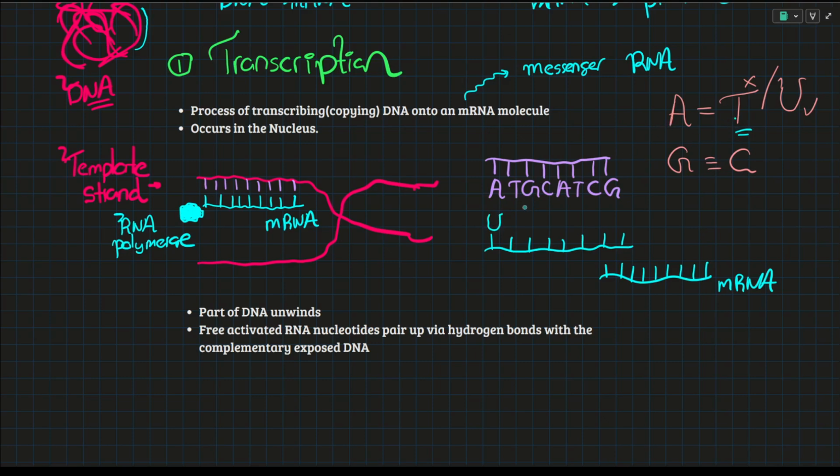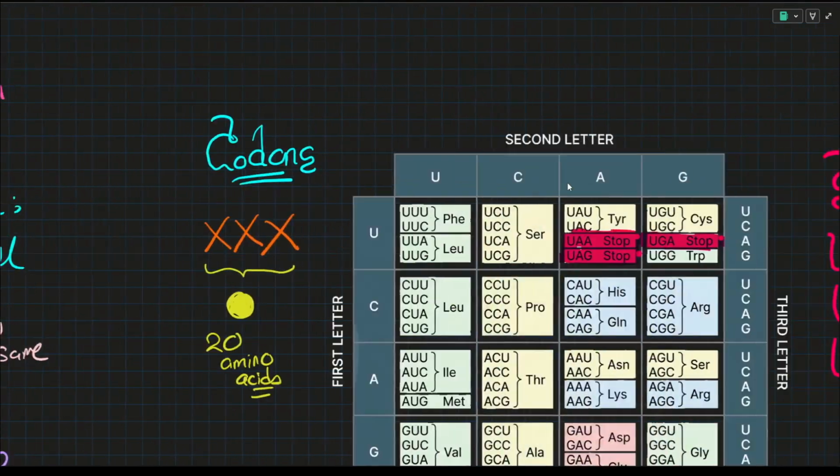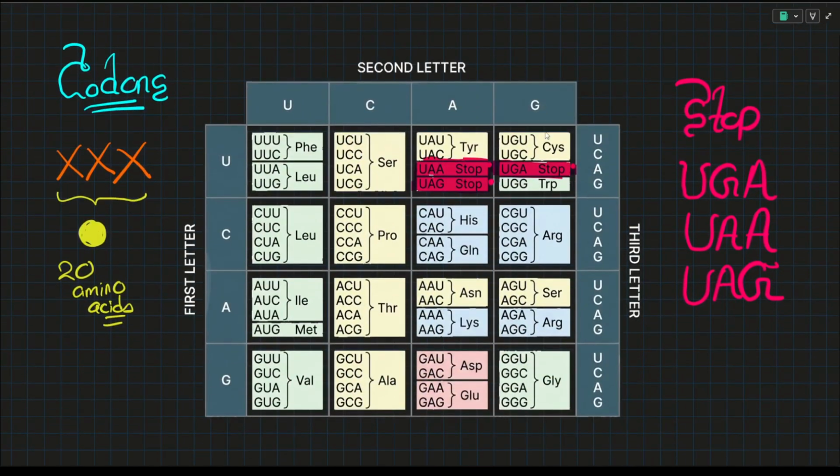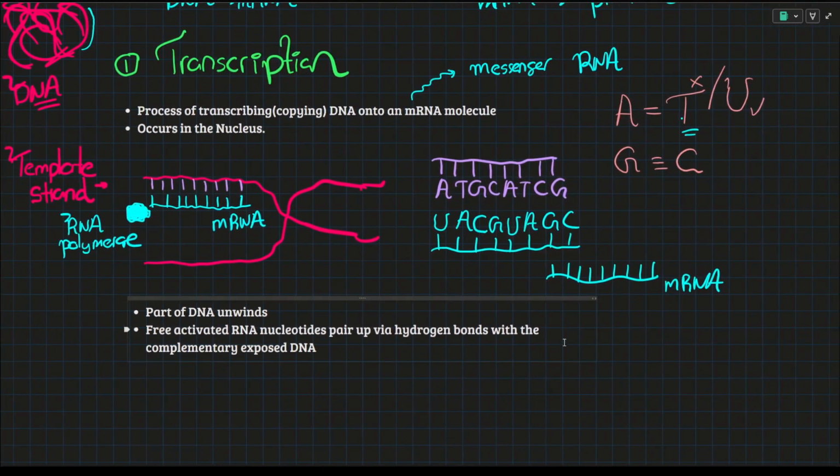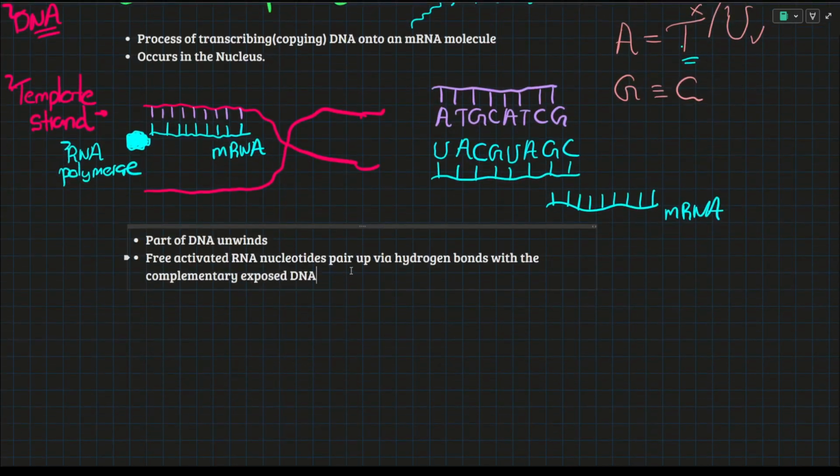Now thymine pairs up with adenine, that's fine. RNA has adenine. So guanine, cytosine, cytosine, guanine. Again, adenine pairs with uracil, thymine pairs with adenine, guanine, and cytosine. So that's the key importance of what you should know, and that is why codons contain the U base. Because codons, protein synthesis coding codons, are RNA based, and RNA does not have the T base. RNA only has the U base, not thymine but uracil. Right, so complementary exposed DNA is replicated like so.